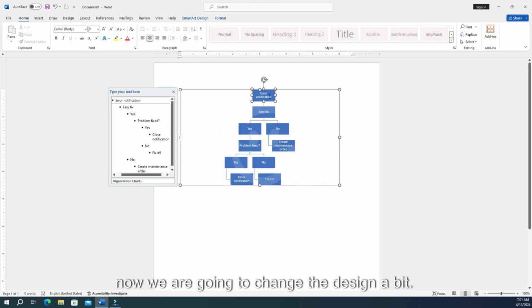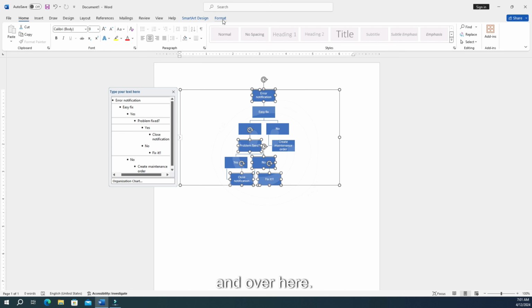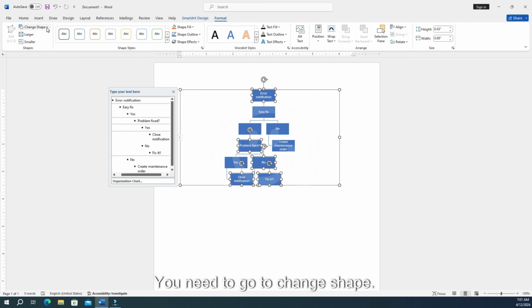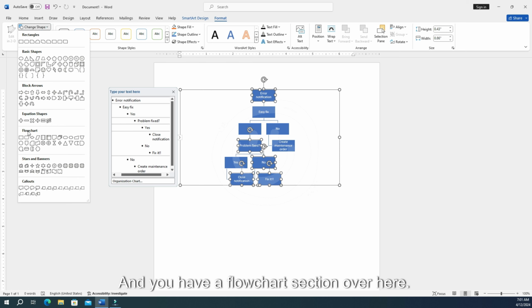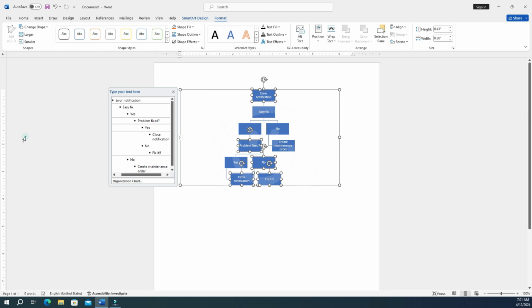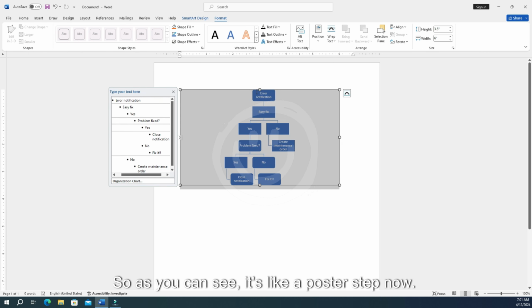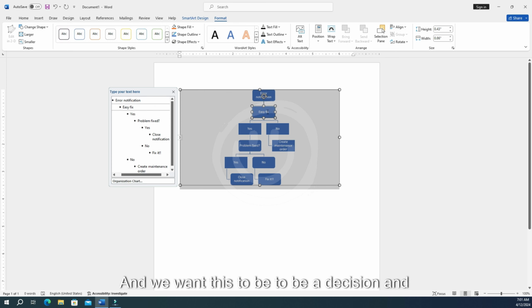And now we are going to change the design a bit. So I want this to be a process step, so I hold the shift key on my keyboard, and I want this to be a process step. This one, for example, so like this. And then you need to go to Format, and over here you need to go to Change Shape. And you have a flowchart section over here, and now we want to have the process design, so this one. So as you can see, it's like a process step now,